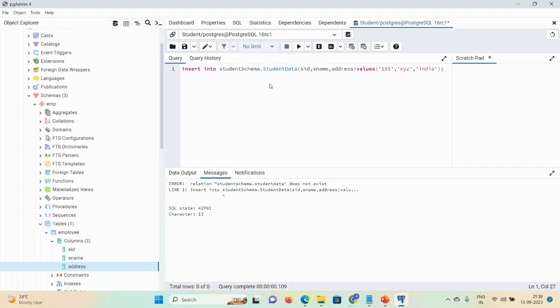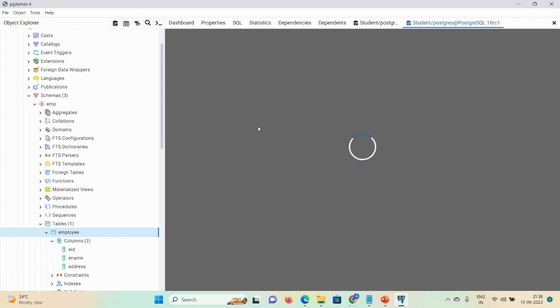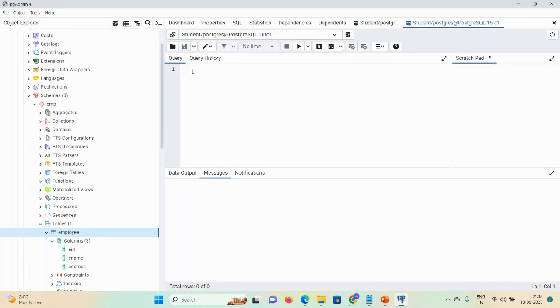So I want a new worksheet for this particular table. Click on the table first, then click on this icon, new query. Here you can write a query. Insert into emp